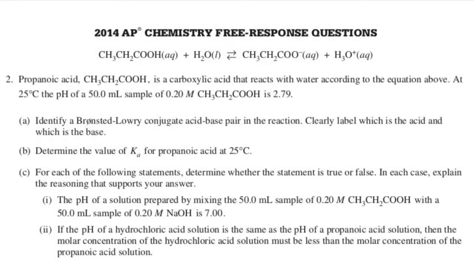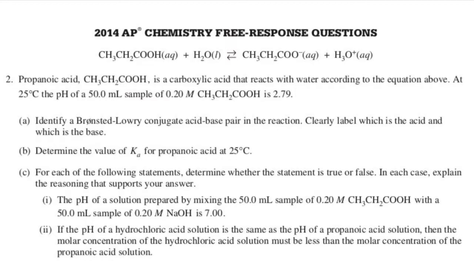Alright, so in question 2, they start off by giving you an equation. The equation is for propanoic acid and its dissolution into water. So the equation is CH3CH2COOH plus H2O is in equilibrium with CH3CH2COO minus plus H3O plus, or you could otherwise think of that as H+. Propanoic acid,